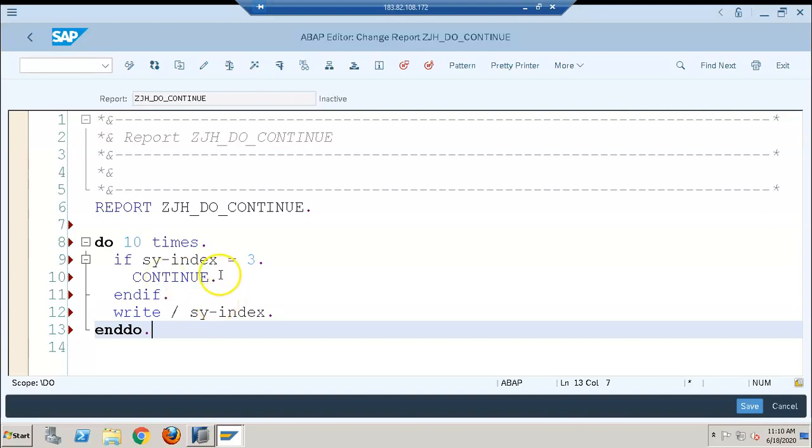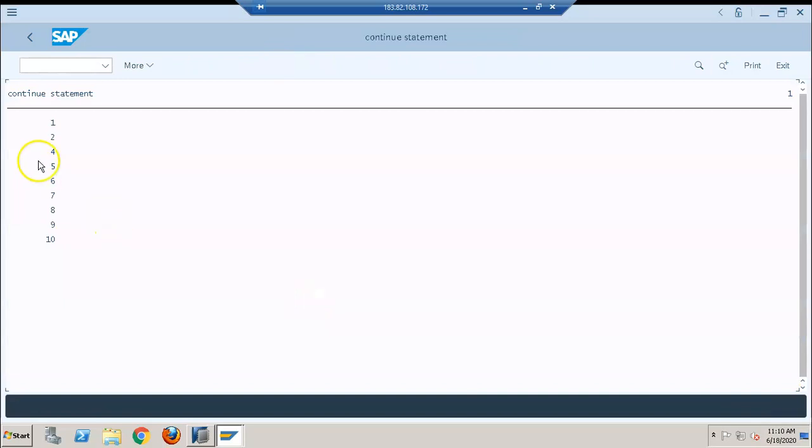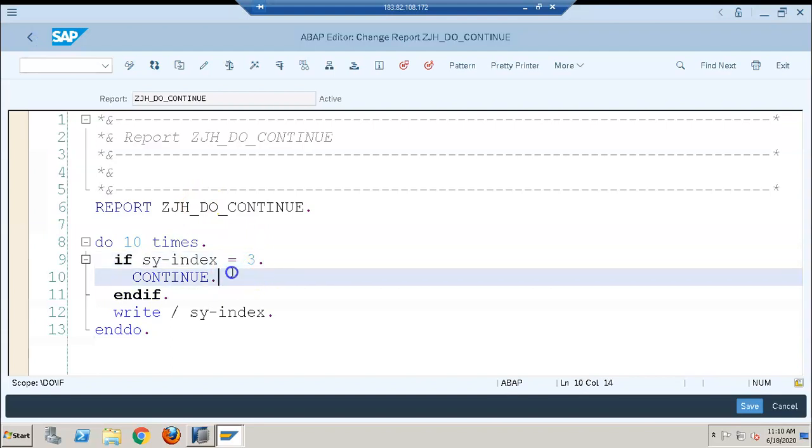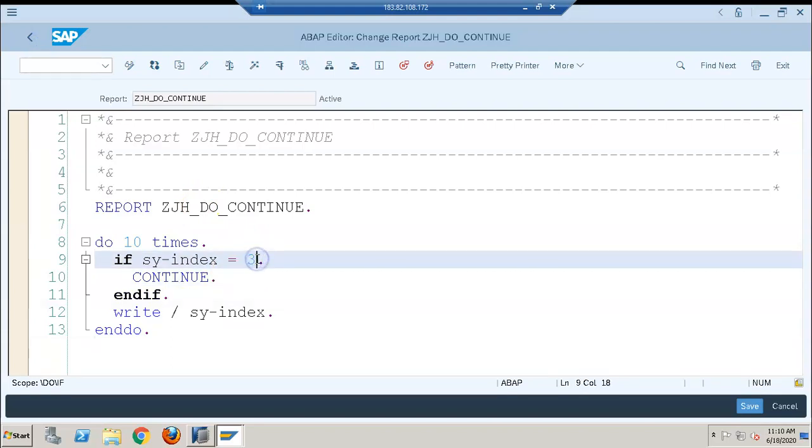I'll just show you this. When we execute we have 1 to 10. In this, 3 is missing. 3 is not printed here because we said if sy index is 3, you just continue. If I say if sy index is 5, you just continue, then 5 will be kept aside.